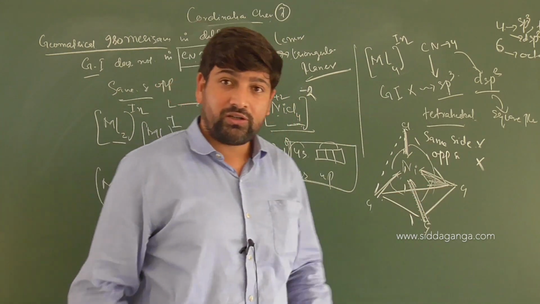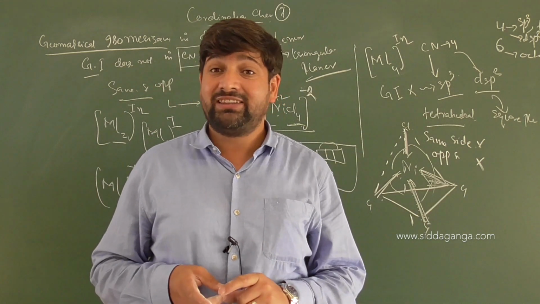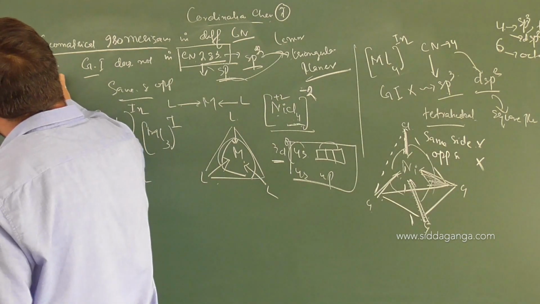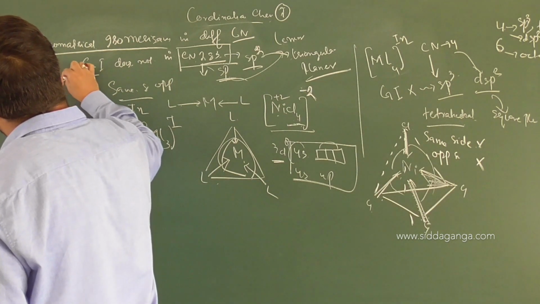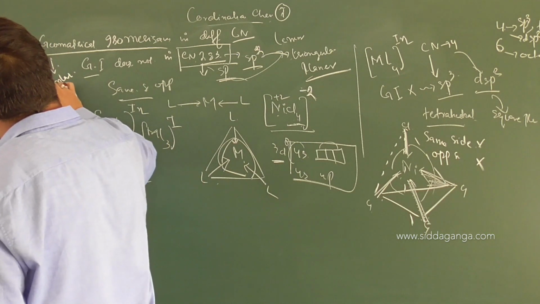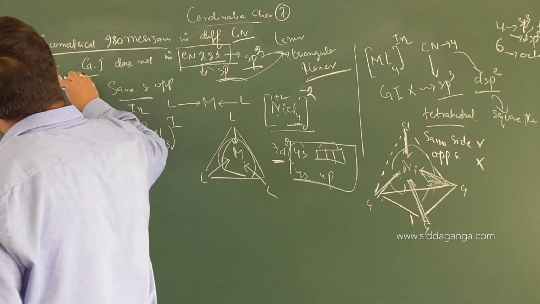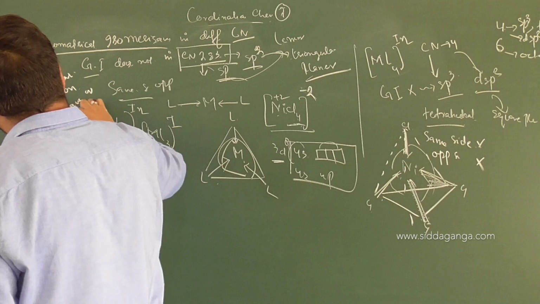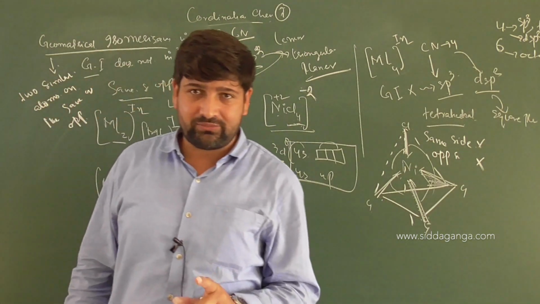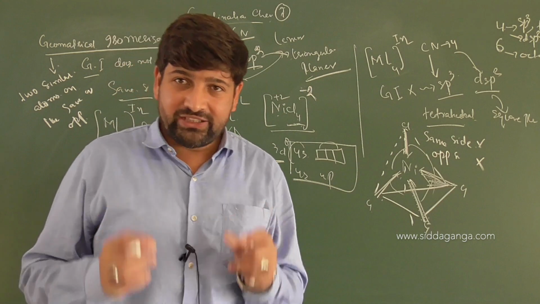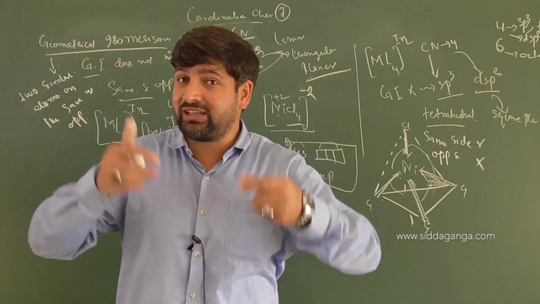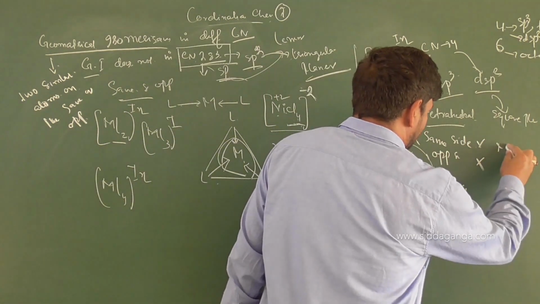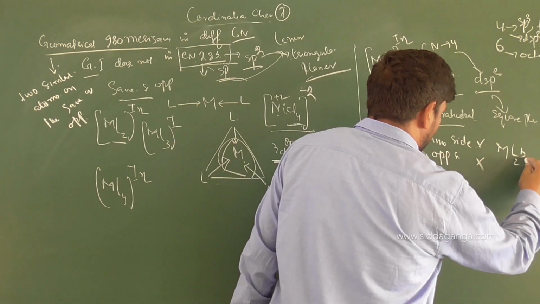If you want atoms to be on the same or opposite side, then the basic condition for geometrical isomerism will be two similar atoms on the same or opposite side. So first, if you have two similar atoms, you can say with respect to those two similar atoms, they are on the same side or they are on the opposite side. If I consider here the example as, I have got M, L2, B2.